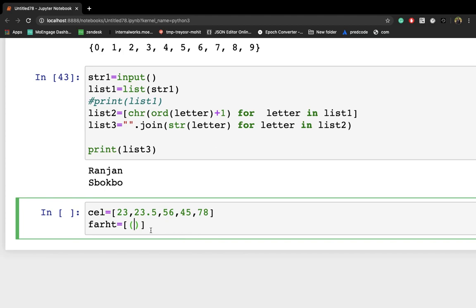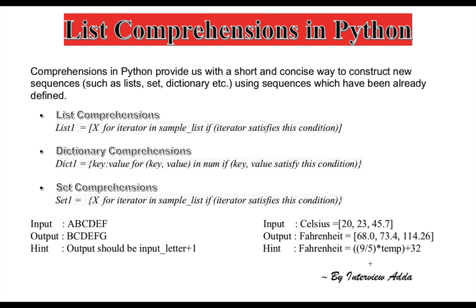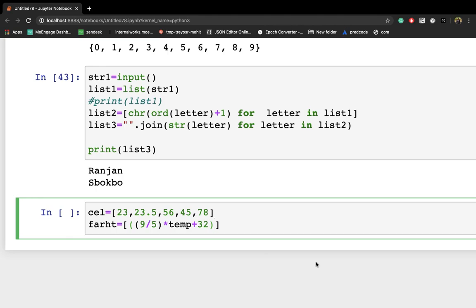We can simply write this formula: 9 by 5 multiplied by temp plus 32, right? So this is the correct formula, I guess. Yep, this is the correct formula.